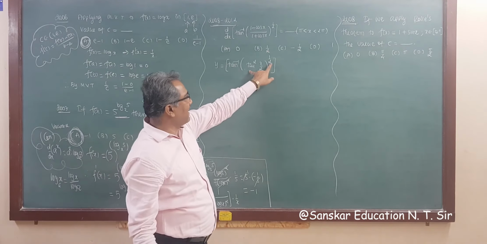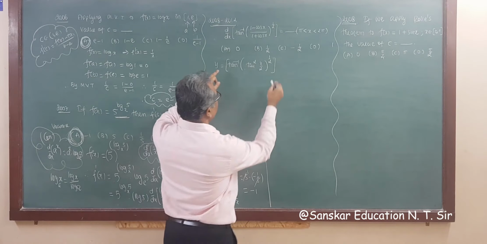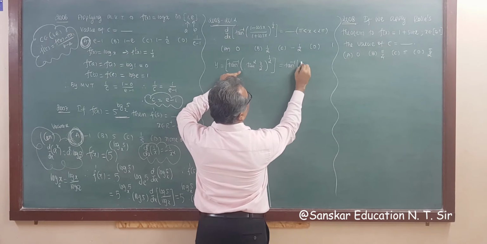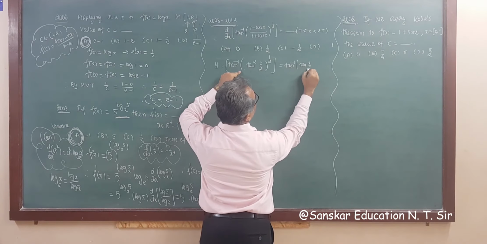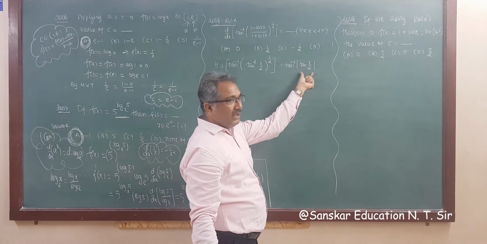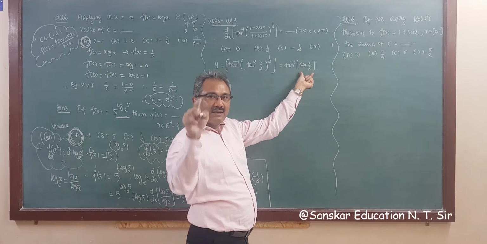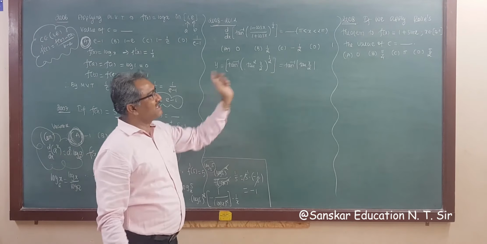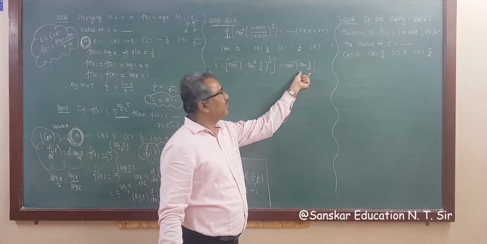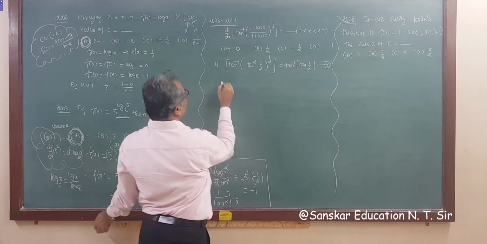Now you know the square root of tan square x by 2 is either plus or minus. So what is your answer? The answer of this is tan inverse of modulus of tan x by 2. If this is positive, then tan inverse tan x is x, and if this is negative, then you have to take minus outside, but we don't know what tan x by 2 is. So for that, this condition is given. This is equation number 1.